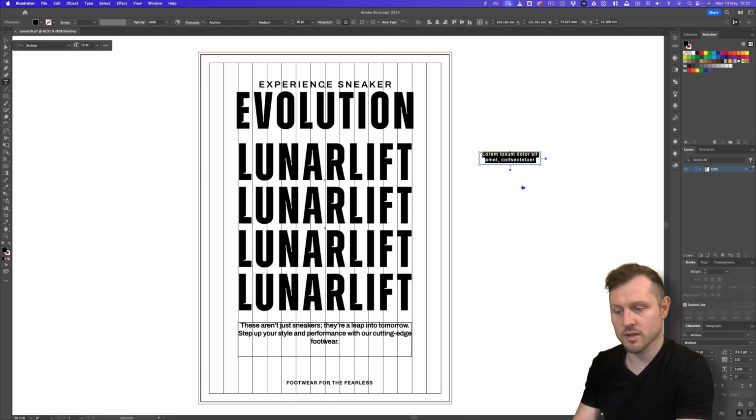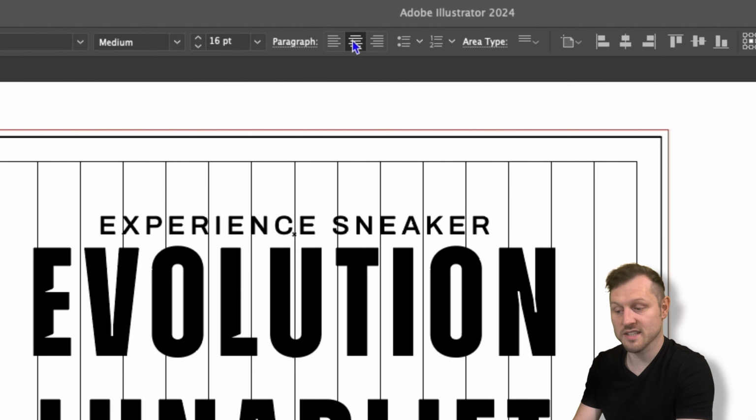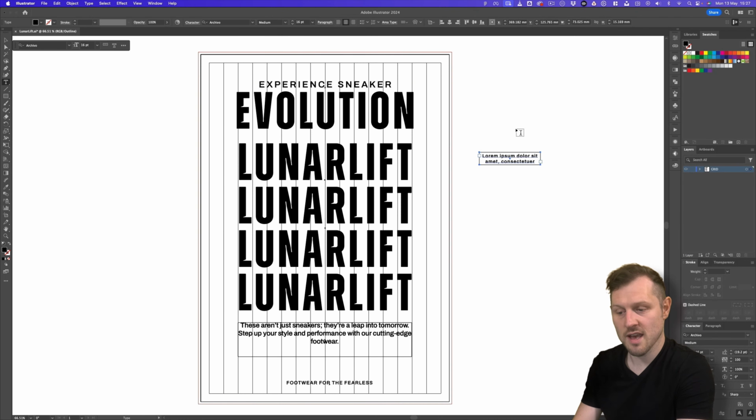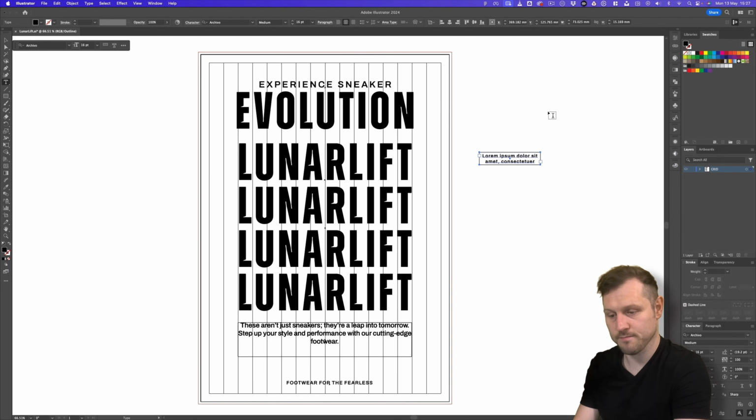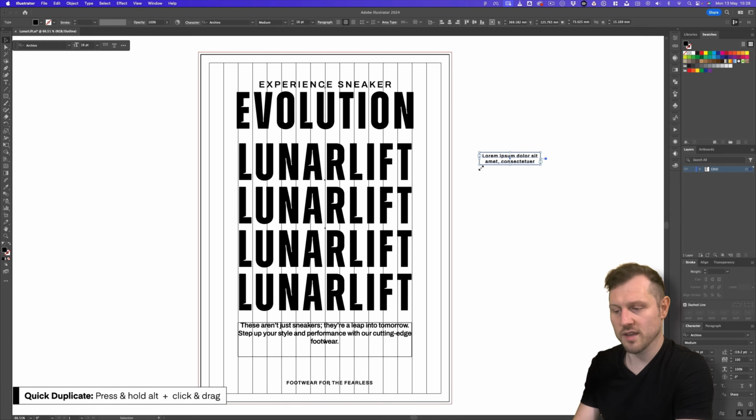Next, I'll come up to the control panel and look to click the Align Center button next to the Area Type option. This will set the type neatly in the center of the box vertically. And I'm also going to make sure that this type is aligned center horizontally next to the paragraph option. Perfect. Okay, so next, with the selection tool, I'll click and drag while holding Alt on the keyboard to drag